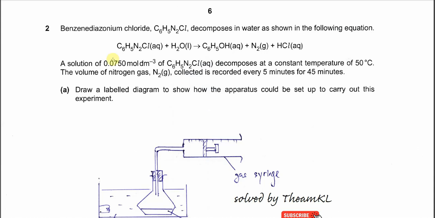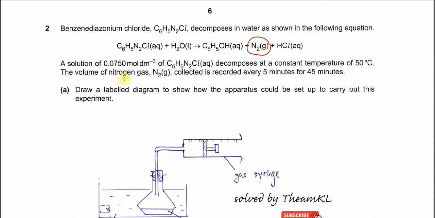Question 2. Benzene diazonium chloride decomposed in water as shown in the following equation. It will react with water to form phenol, nitrogen gas and HCl. This is the one that we can collect from the experiment. And a solution of 0.075 mole per dm cube of benzene diazonium chloride decomposed at constant temperature at 50 degrees